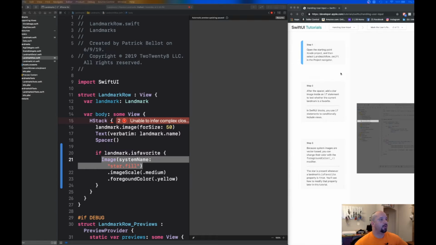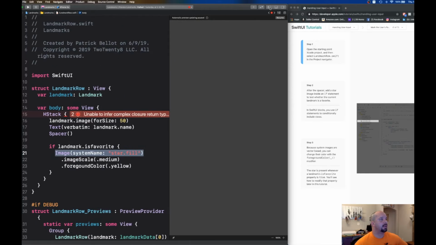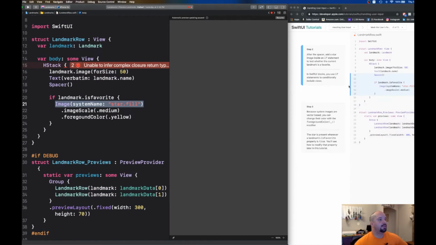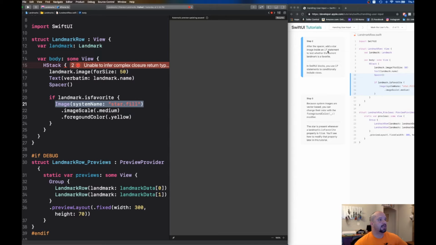So step 1, we're going to open up LandmarkRow.swift. That's what we have open. Let's go ahead and close this, slide this out, give it a little bit more space to breathe. Step 2, after the spacer, add a star image inside an if statement to test whether the current landmark is a favorite. In SwiftUI blocks, you use if statements to conditionally include views. So right here, we have our if statement. If landmark is favorite,